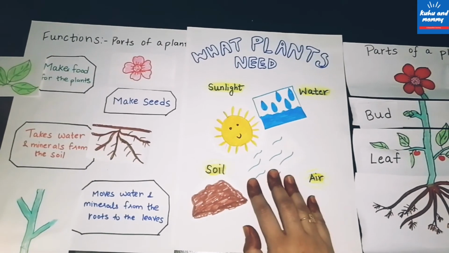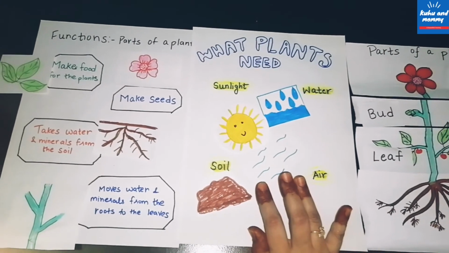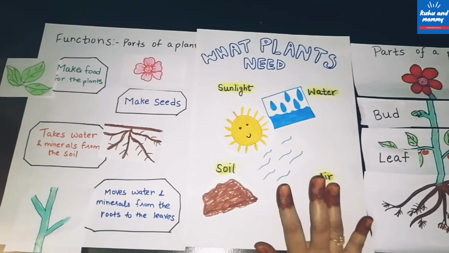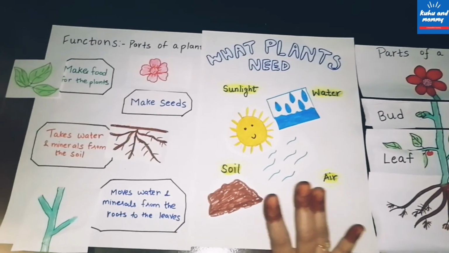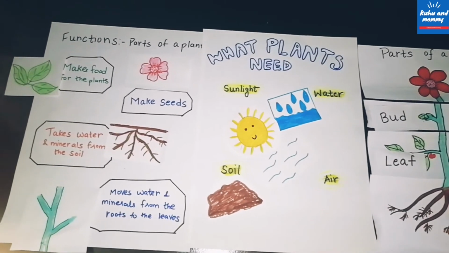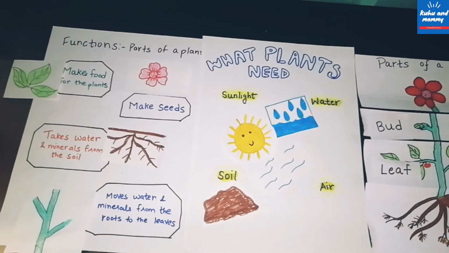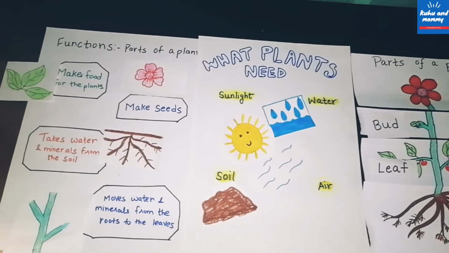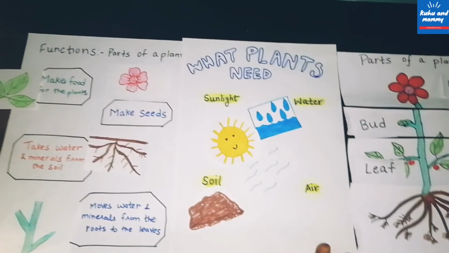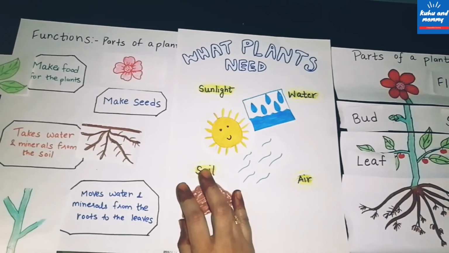So the first thing which we can do is show them the real plants and show them the real parts of the plant, like flower, leaf, stem, roots. We have to show them the real ones and make them understand what each part is called. And after that we can tell them what each part does, what its functions are, and how a plant grows from a seed to a sapling. How does it grow, what all things it needs. So all these things we can teach them through these activities so that it can be made interesting for them.